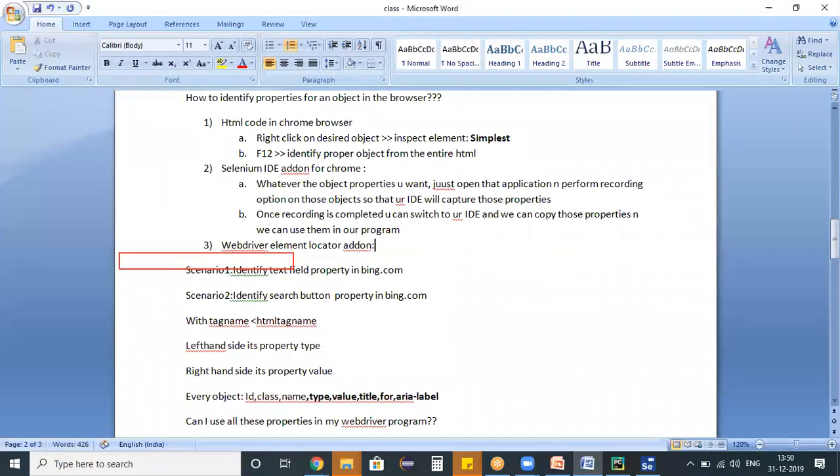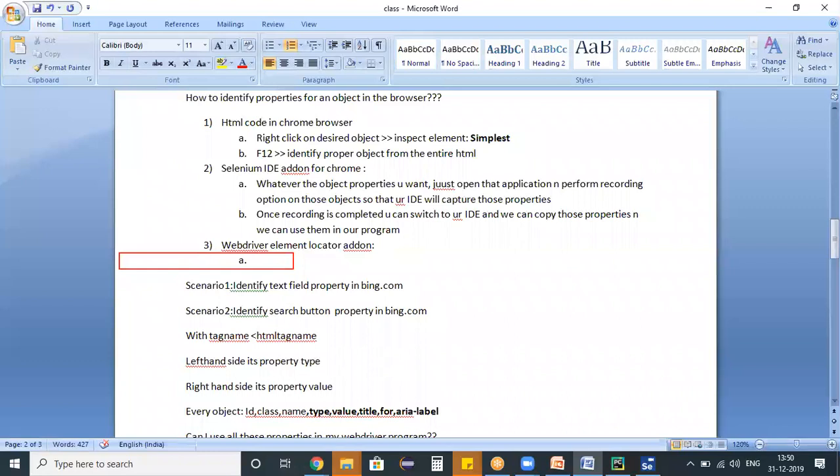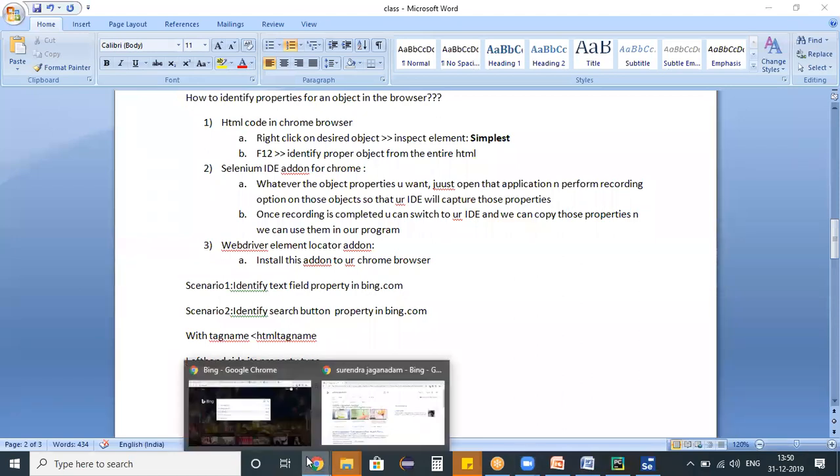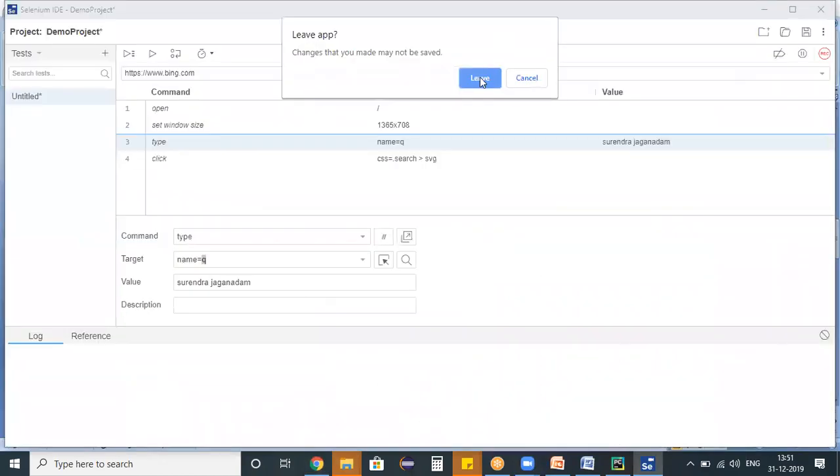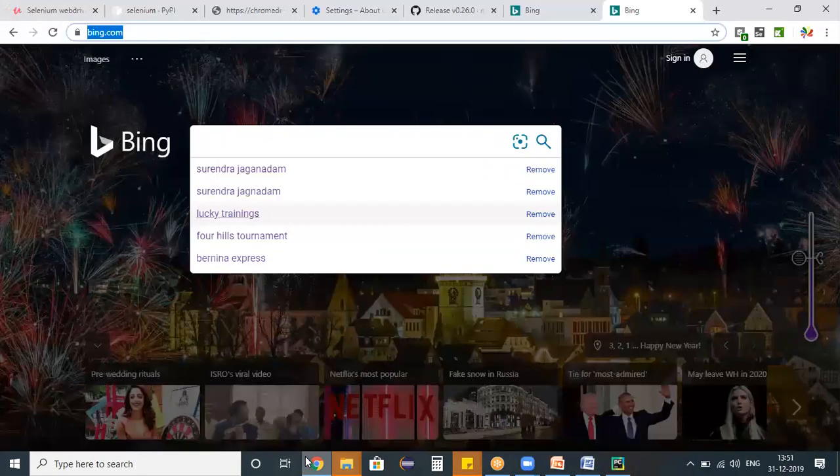And the third option here is WebDriver element locator. Install this add-on to your Chrome browser first. So let me open my Chrome browser and I'm closing my Selenium IDE. I don't want it now. And in the Chrome browser,